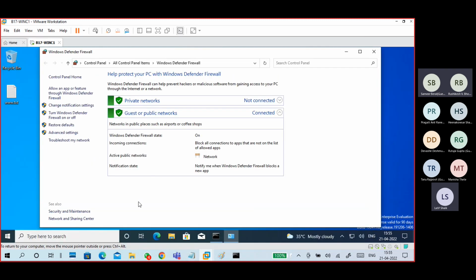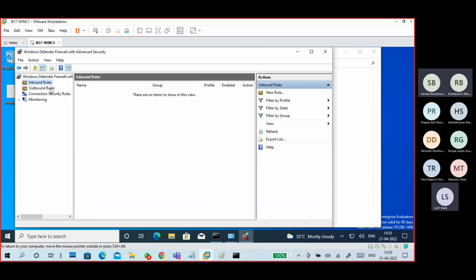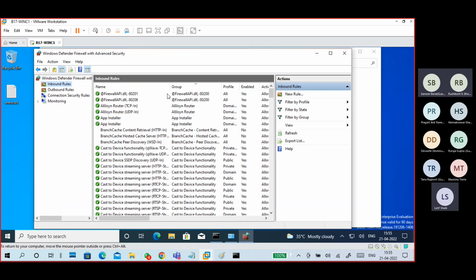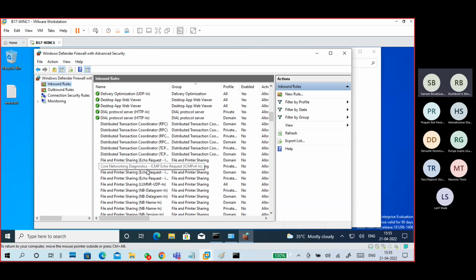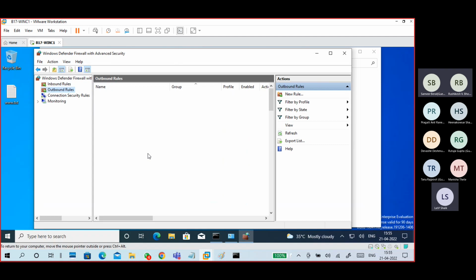Even myself, I feel disabling is better, but you can see there is turn Windows Defender Firewall on or off to disable it. Another one is advanced settings, and allow apps or features through Defender Firewall. In advanced settings there are incoming and outgoing packets, inbound rules and outbound rules, to protect your network.